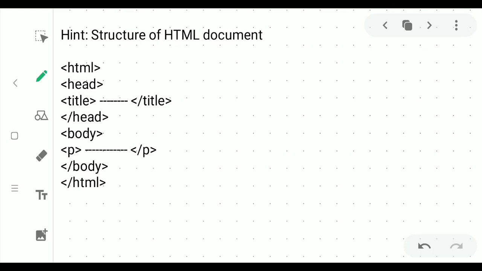To create the web page, we need a software notepad for the HTML document. How will you open notepad? You have to click on the start button, all programs, accessories, then notepad, or else you can simply type in the search box notepad, then you will be able to find and you can open it.